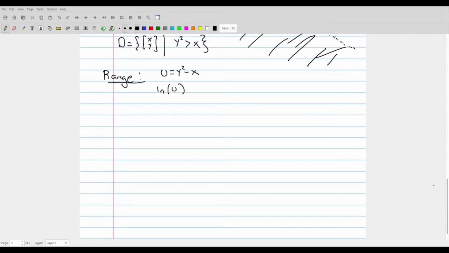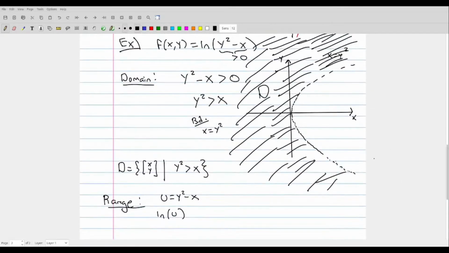So u as a value goes from 0, an open interval, 0 on this boundary right here, and then it increases without bound as you move away from this value right here. So it's from 0 to infinity,